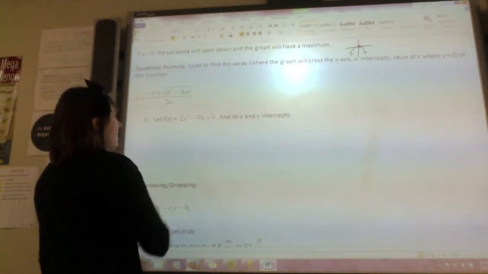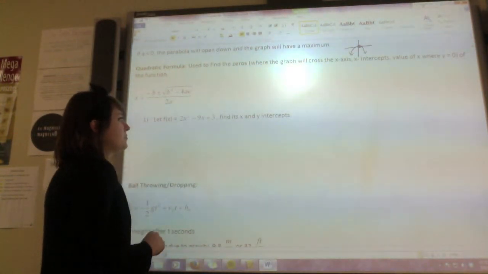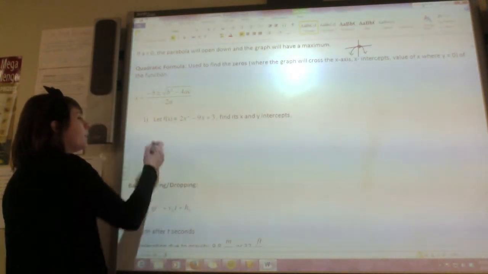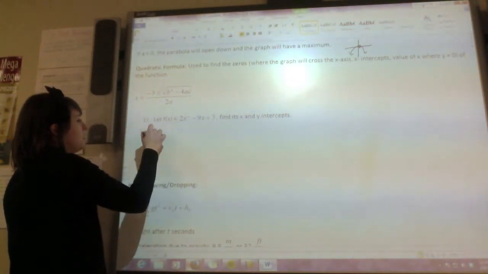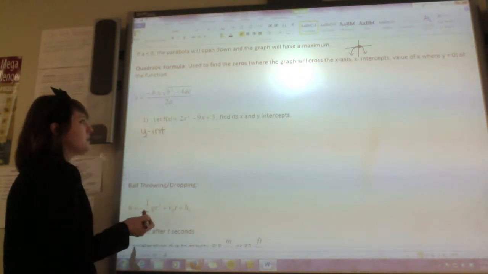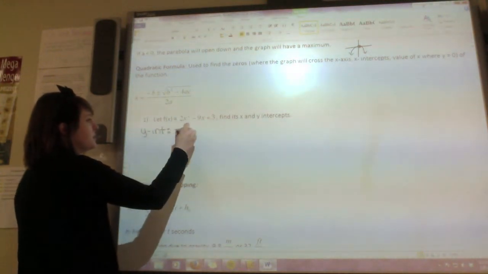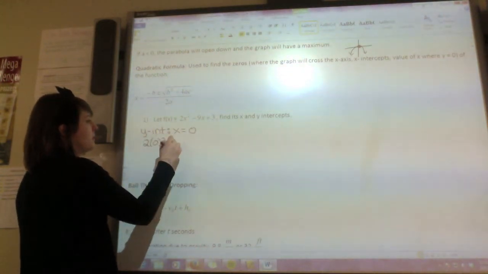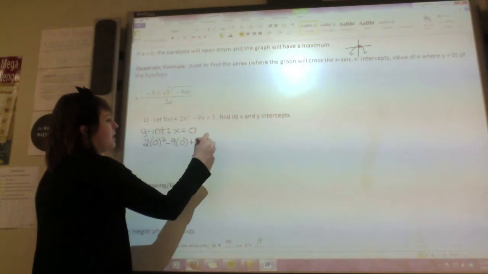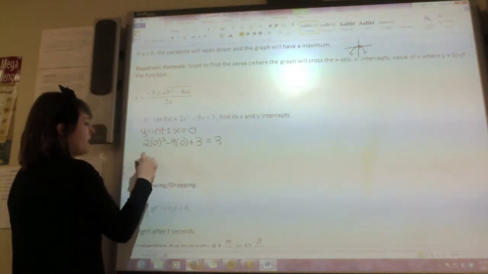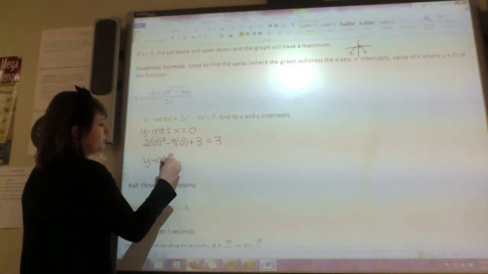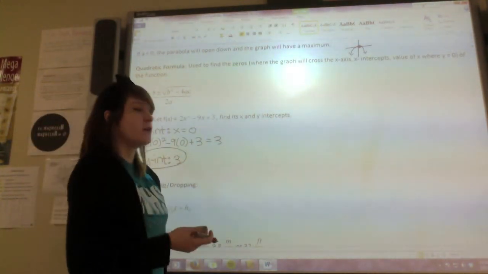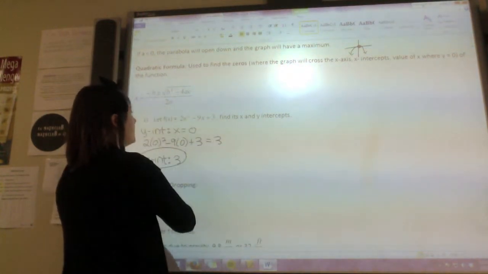So let's say that I have f of x equals 2x squared minus 9x plus 3. And I want to find the x and y intercepts. Well, the y-intercept is just where the graph crosses the y-axis. So that's when x equals 0. So if I just plug in a 0 here, I get 3. So I know that my y-intercept is 3. So that one's easy to find. The x-intercepts are the ones that are hard to find, and that's where we use our quadratic